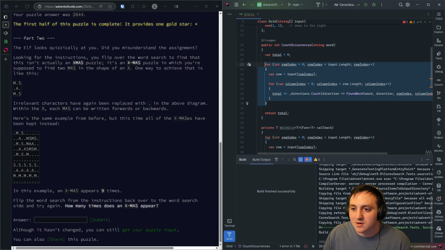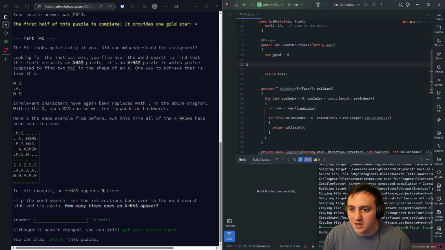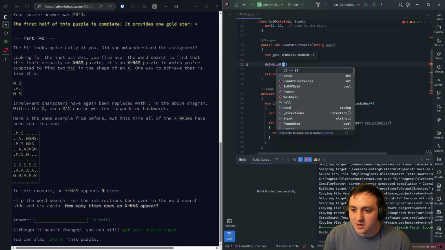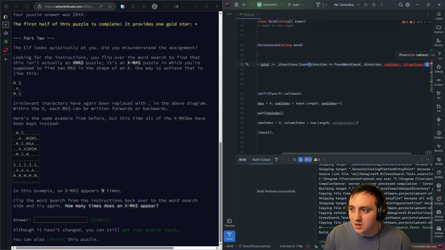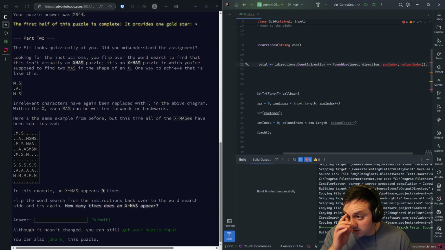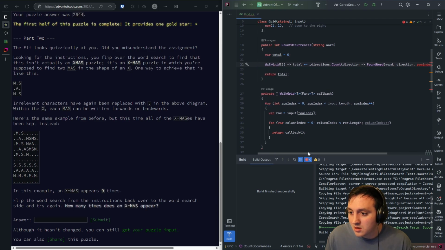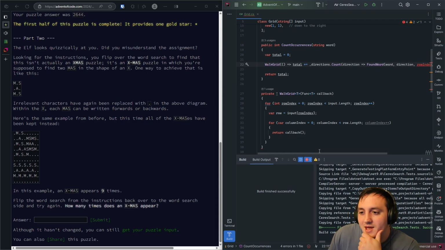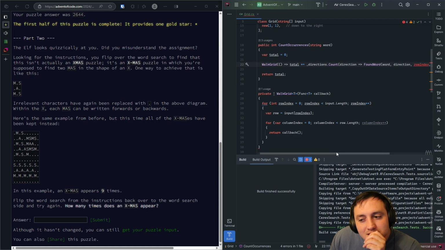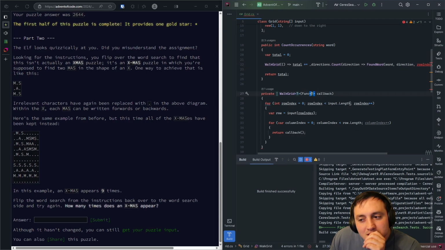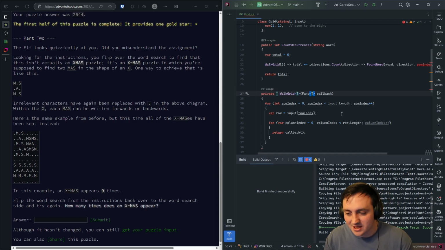I wonder if this will work. Block grid. No, I don't think that does. Like it would actually work if I did like